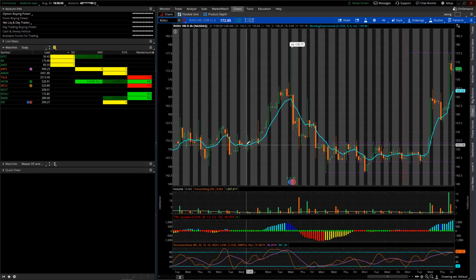So if it has nothing, then that's like no trade. If it's blank, what it basically means is there's no recent squeeze release and there's no squeeze going on right now. But the reason why I added this last column is because a lot of the time you get things like Roku that have been running for 2-3 days, which could potentially make good continuation plays, but have already fully released their squeeze. For example, a lot of people, I know that Nor Trades played Roku breaking out from this range as the squeeze is releasing, which is why I say the first period release is really important.